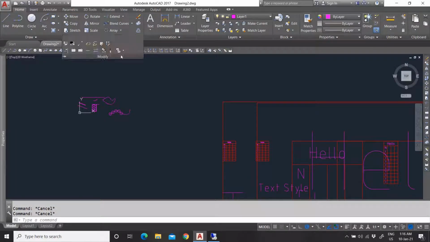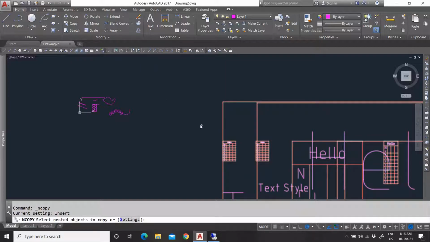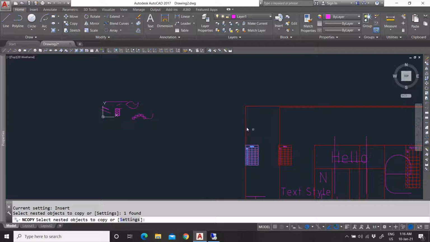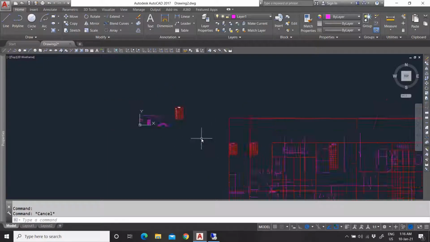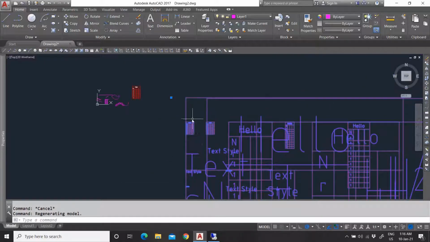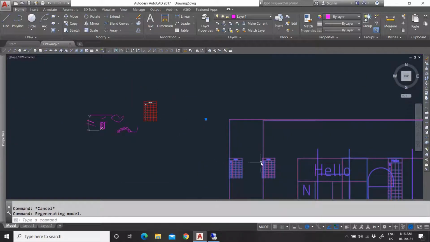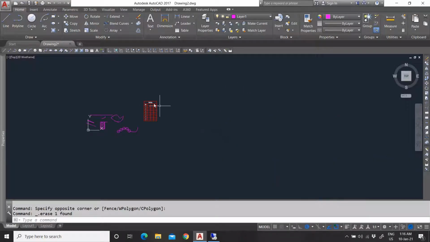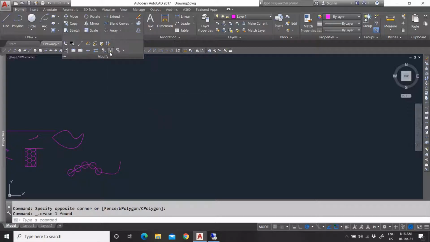So now let us go into copy. So select a nested object to copy, this object right here. It is nested in my block. So now I click on next, and then your base point, of course, and then your displacement point. So even though this block has this object within it, I can copy that item without having to open my block and then copy it and bring it outside. You can just copy it directly from within your block. So that is copying your selected item, and this is delete